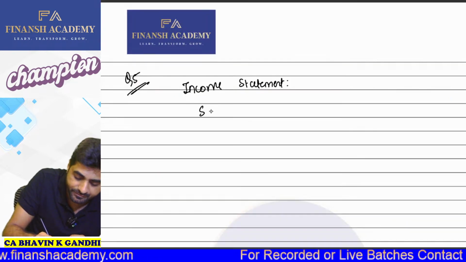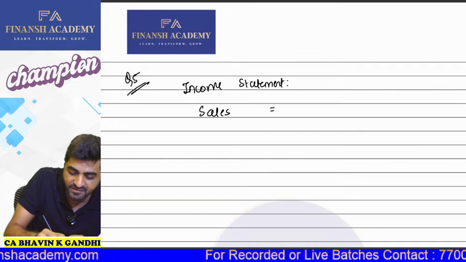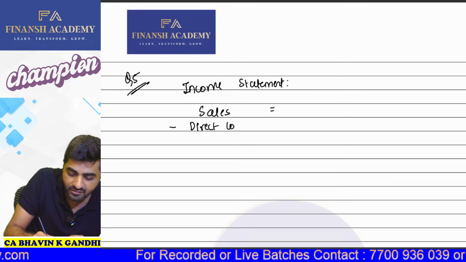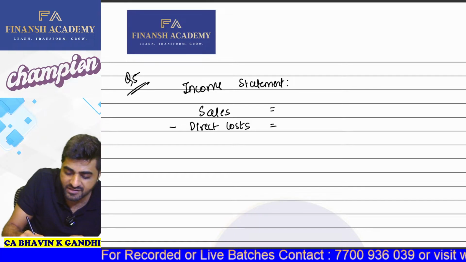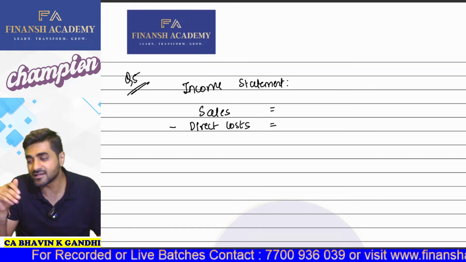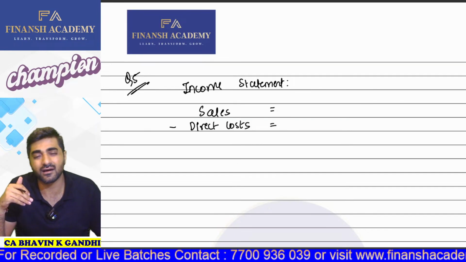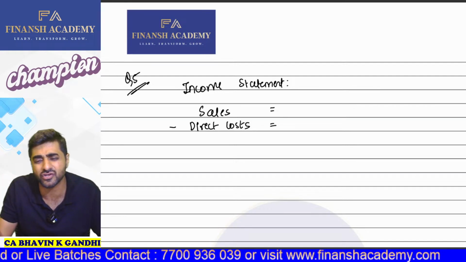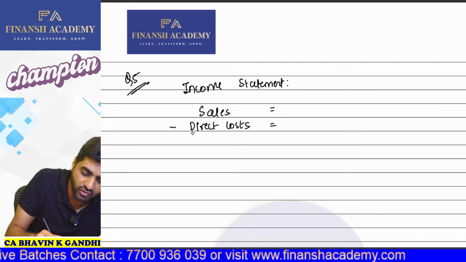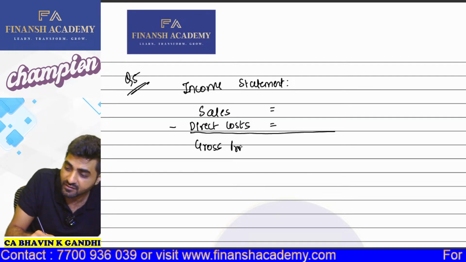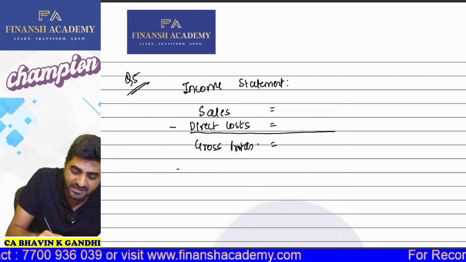Then they have told you from sales we are subtracting direct cost. Don't worry, beta. Direct cost is nothing but the cost which comes on your trading account debit side, right? This is nothing but your purchases, freight inward. All these are called as a direct cost. So sales minus direct cost, this will definitely give you your gross profits,